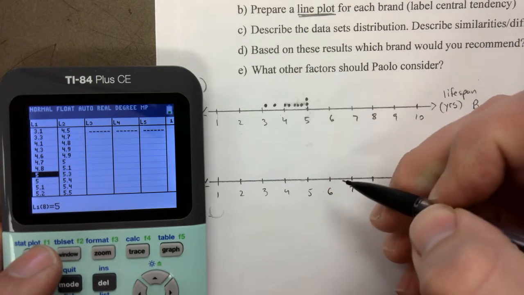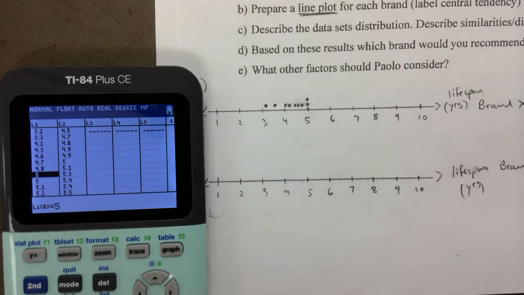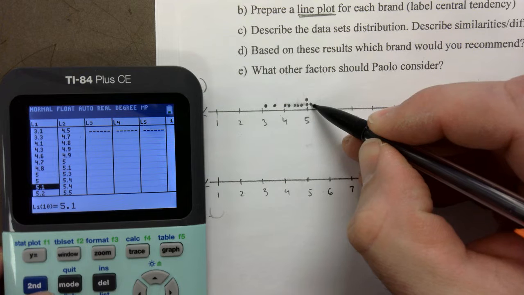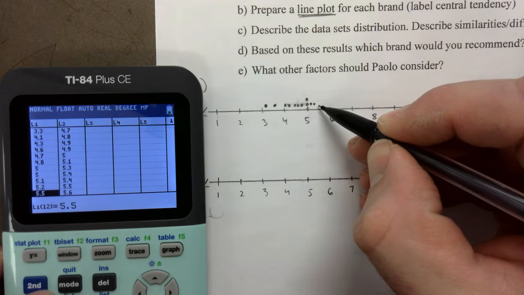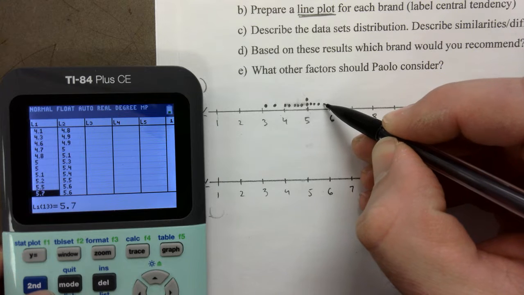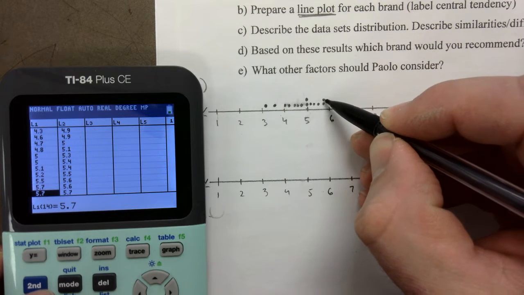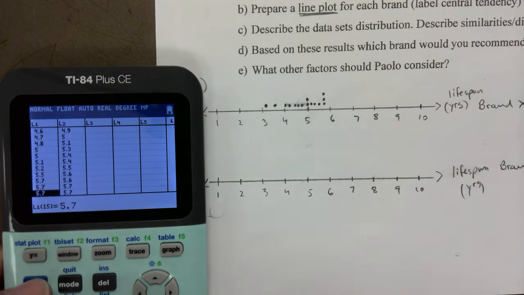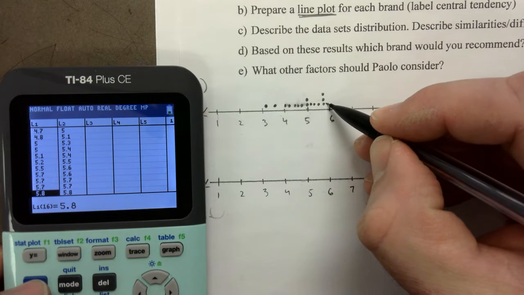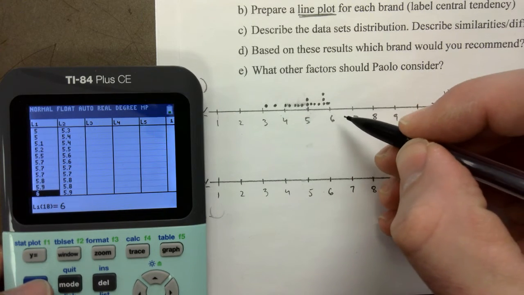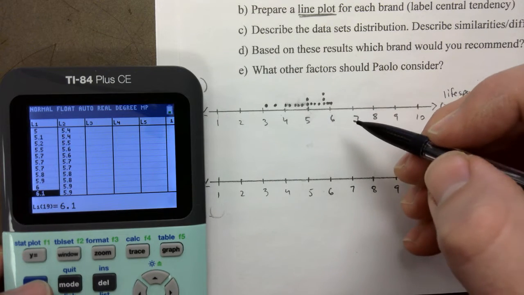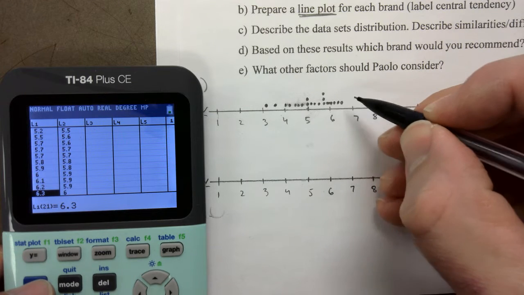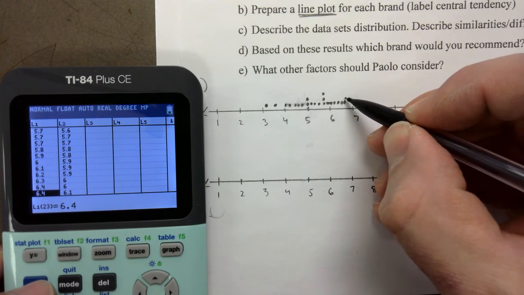You start stacking them. If you have repeating values, they're stacked. Okay? And then you have a 5.1, which should be right beside it. 5.2 right beside that. Then you have 5.5 right about halfway. 5.7, another 5.7, and another 5.7. So you have 3 stacked on that. Right? Then you have a 5.8, a 5.9, a 6, a 6.1, a 6.2, 6.3, 6.4, and another 6.4,